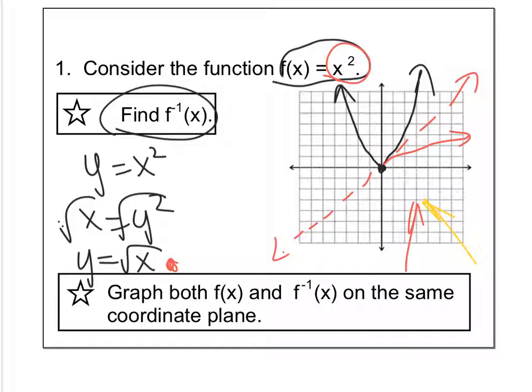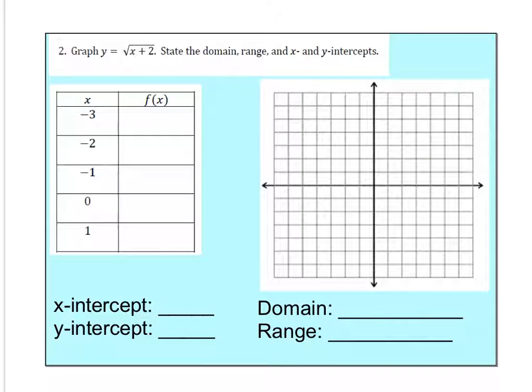So the basic function looks like this. If I get rid of all this stuff, the basic function for just square root of x is just going to look like this. That's all it is. Everything else is just a variation, moving that around. So if I graph y equals the square root of x plus 2, state the domain, range, x and y intercepts. If I go back and graph this,